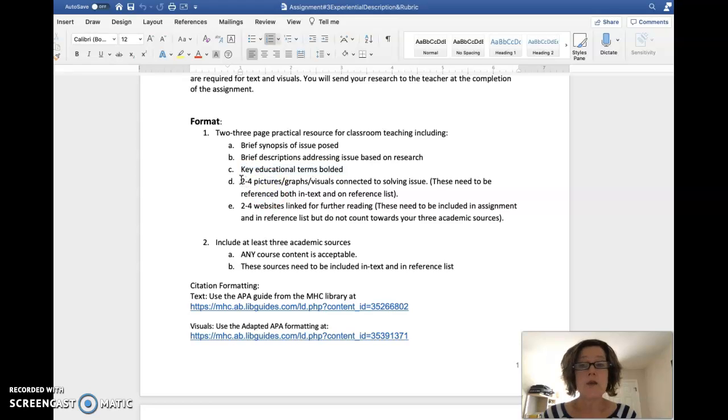I want you to use 2 to 4 pictures, graphs, visuals connected to solving the issue, and these need to be referenced both in text and on the reference list. And then I want you to have 2 to 4 websites linked, so link it for further reading. And again, these need to be included in assignment and in references, but they do not count towards your 3